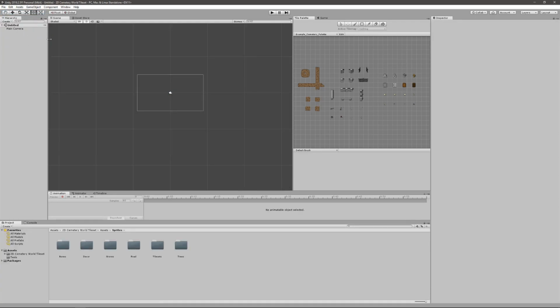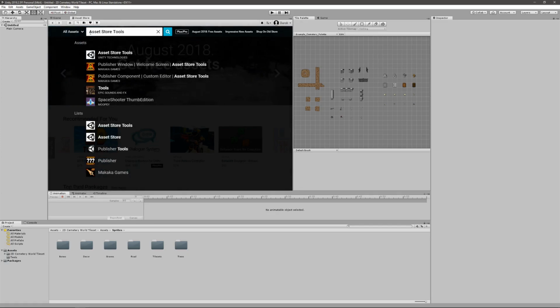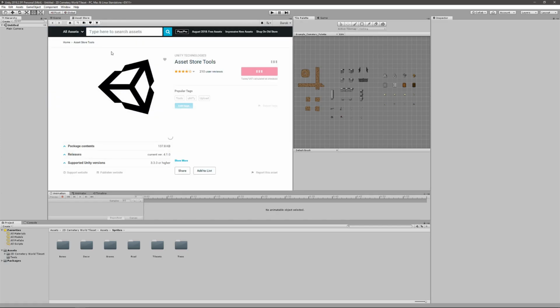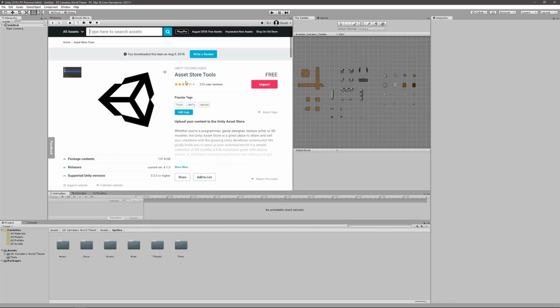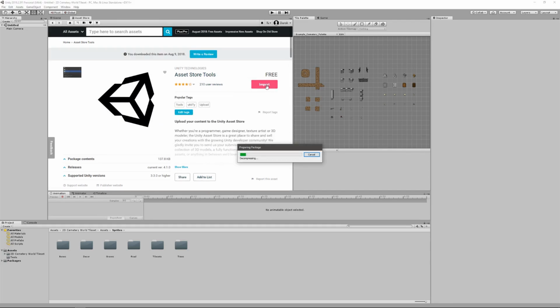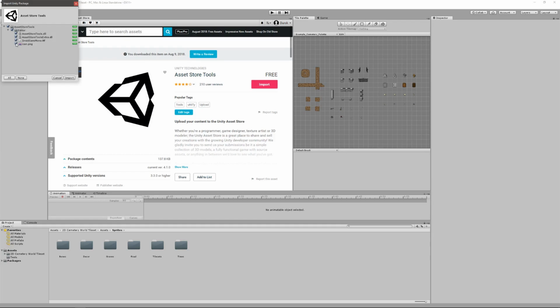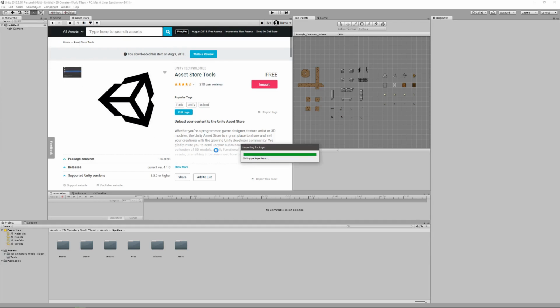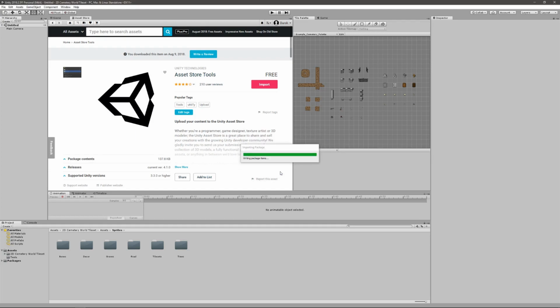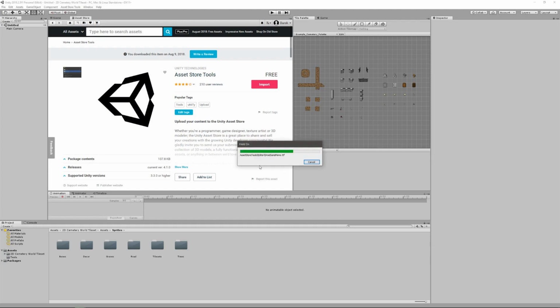Good. Let's open the Asset Store window. In the heading, you write Asset Store Tools, import. That takes a bit of time. I've made a backup.